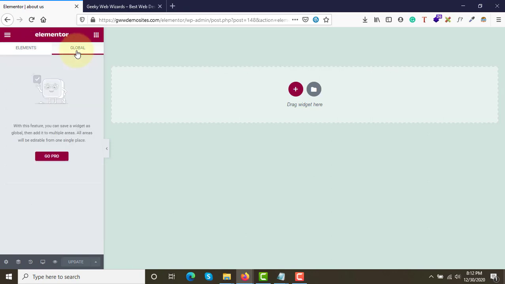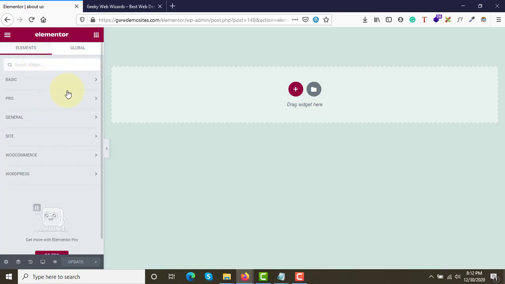And if you click on the global tab, you have some options to change the entire colors or fonts, default colors. Those settings we'll be able to change, but that is from the pro version. Still, even if we don't have the pro version, we can manage by doing it manually one by one. In our next section, around the fifth module, we'll be looking into the pro version as well. Right now we are in the fourth module, and in the fourth module we'll be doing everything using the Elementor free version plugin.